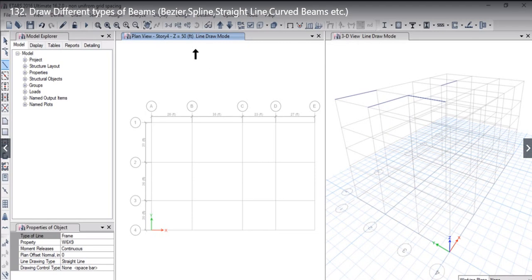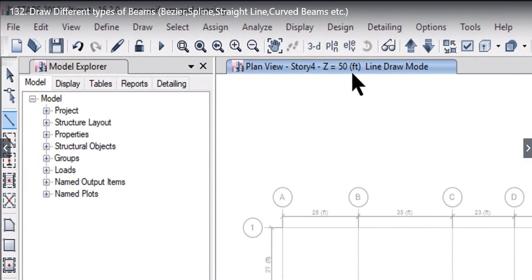To go from 66 feet to 50 feet, there are two options. One is to click on plan view. The other is to just left click on move down in list. That is, left click here. We will see that it simply moved to the lower level, that is 50 feet.